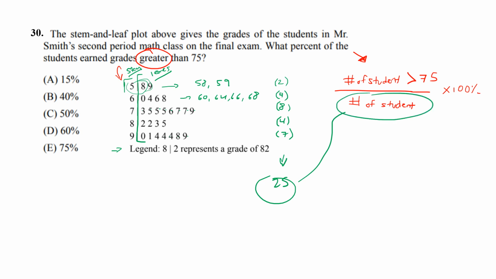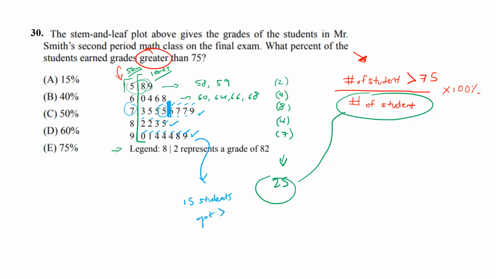Simple enough. The next thing I have to do is find the number of students who got over a 75. I'll do this in blue now. So this is 75. If I draw a cutoff over here, this thick blue line, this is a 76, 77, 78, and everything in here, here, and here is now above a 75. Let's count how many those are: 1, 2, 3, 4, 5, 6, 7, 8, 9, 10, 11, 12, 13, 14, 15. That tells me 15 students